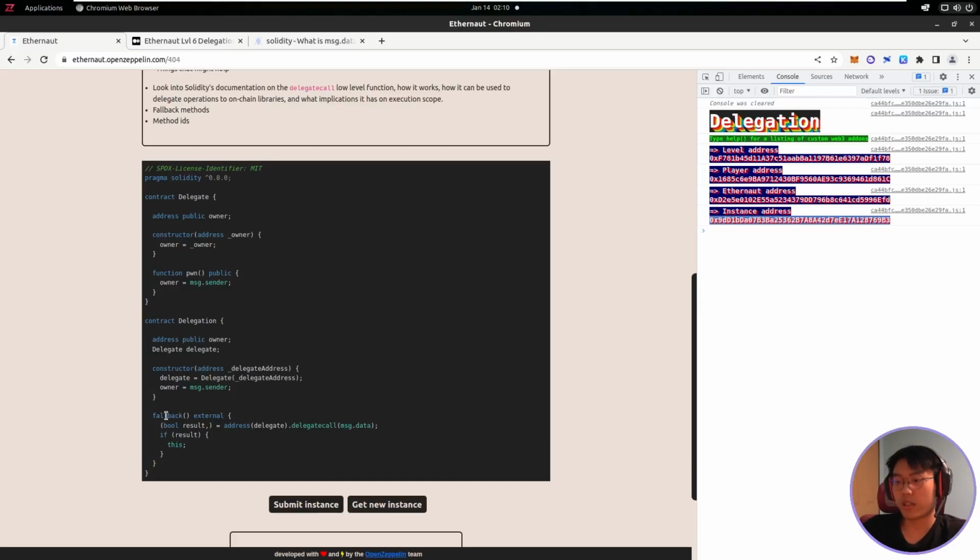So fallback is a function that will be triggered when you send something to the contract or call a function that is not in the particular contract. Now, over here you can see this interesting line of code. bool result, so basically we get a boolean of whether it is true or false, and address delegate call msg.data. So since this has been initialized, we get the delegate instance and delegatecall whatever message data